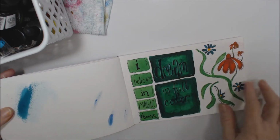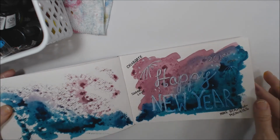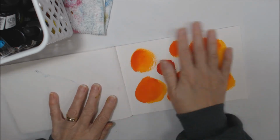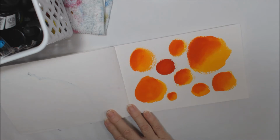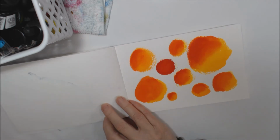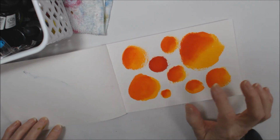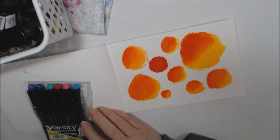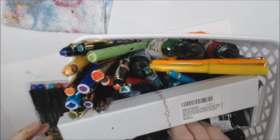So, okay, here's what I am doing. I've got a page here that just has some watercolor on it. And I was talking to the girls and I asked them, well, what should I put on here? And they came up with something for me. Now, what I had done the other day, let me show you these, is I'd gotten some of these